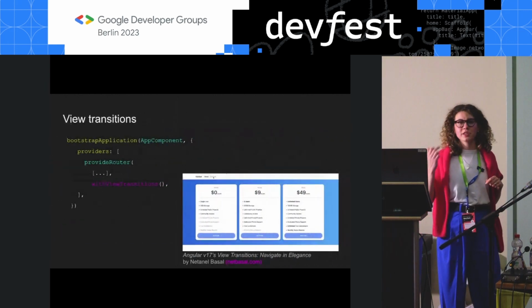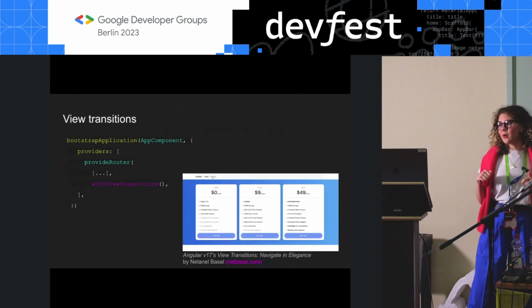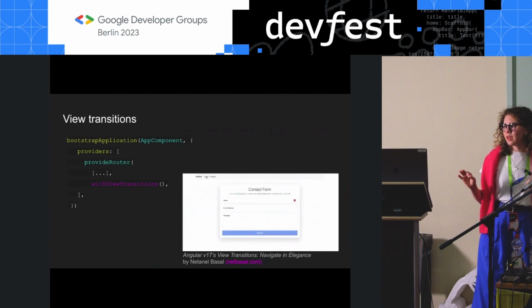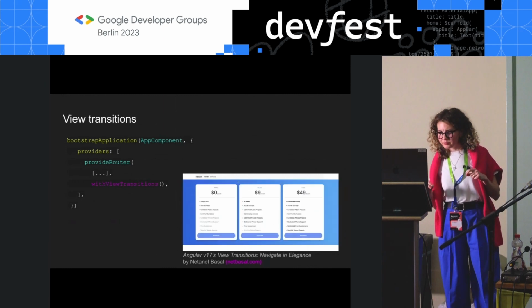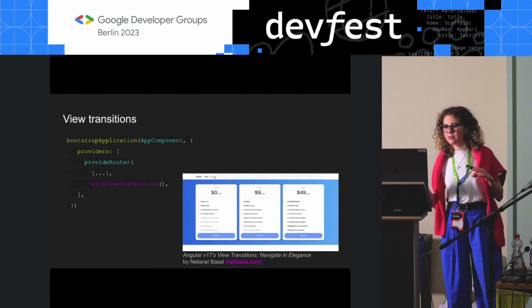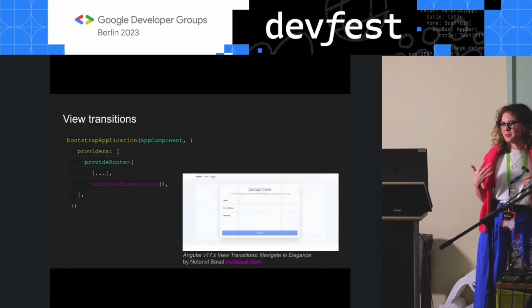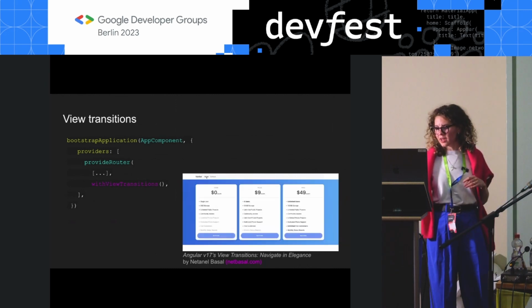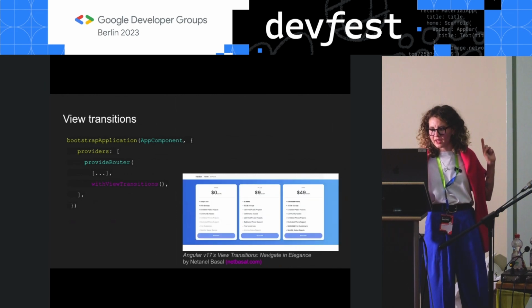And also View Transitions API. Now, it helps your app to handle your routing and your switching of views in a more beautiful way, in a more user-friendly way, with all these new animations. And this is a nice example by NetBasel.